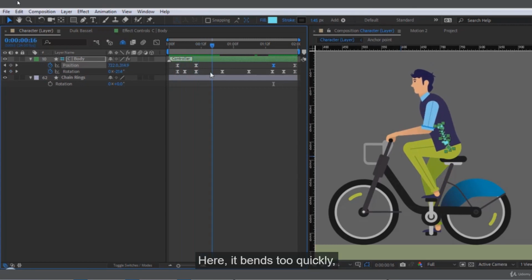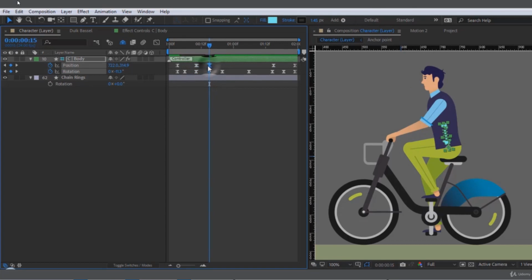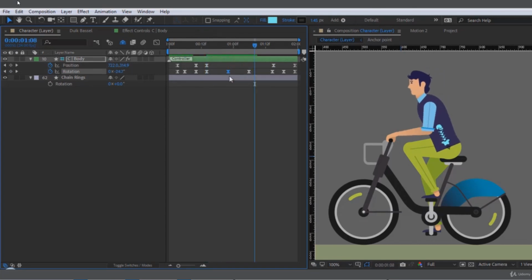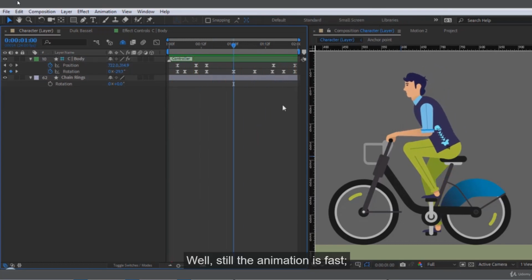Here it bends too quickly, so I copy these 2 keyframes. Well, still the animation is fast,